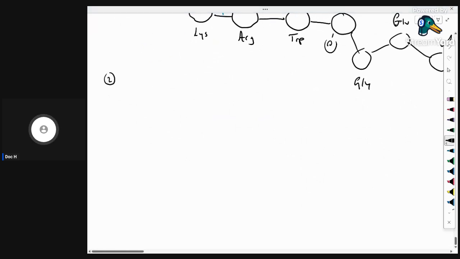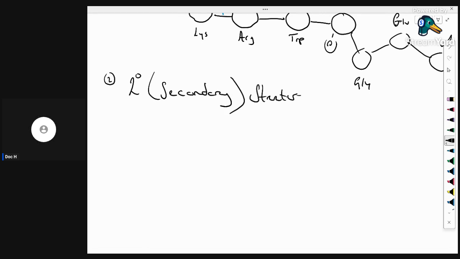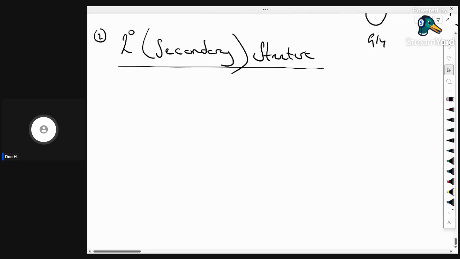The second level of protein folding is something called secondary structure. So I often represent secondary like that, but it's called secondary structure. And the first thing that happens to our primary amino acid sequence is we get